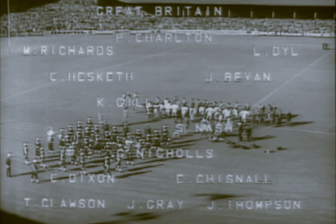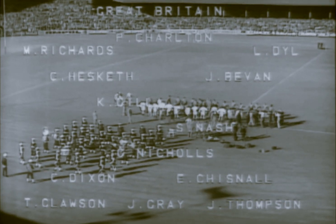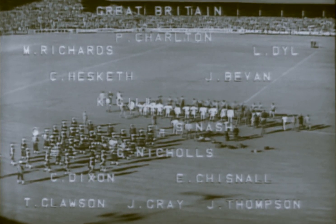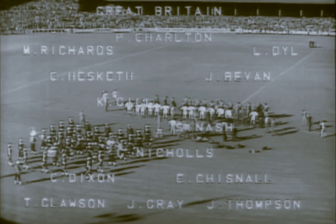On the wing in place of David Redfern, with Les Dill in the centre, taking the place of Dave Eckersley, who played in the second test here in Sydney. Also new to the forwards, Terry Clausen has come back from injury to take his place in the front row. A very strong side, a stronger side, I think, David, you'd have to agree, than that which took the field